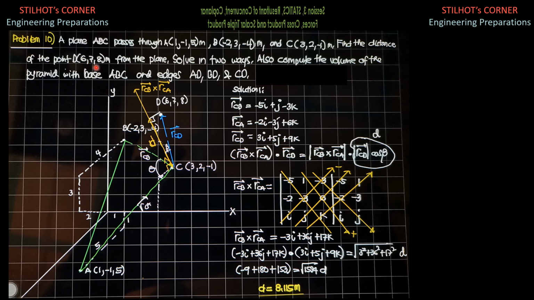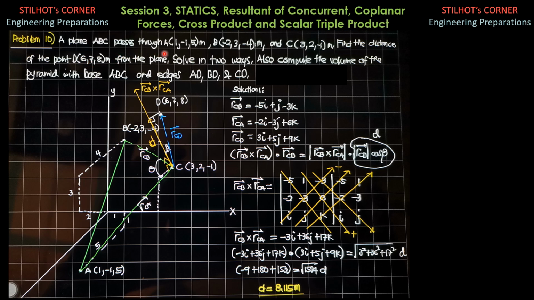Problem 10. A plane ABC passes through points A (1, -1, 5), B (-2, 3, -4), and C (3, 2, -1) meters. Find the distance of the point D, which is at (6, 7, 8) meters, from the plane. Solve in two ways. Also compute the volume of the pyramid with base ABC and edges AD, BD, and CD, also in two ways. So for the shortest distance of point D from the plane ABC, or from this triangle,